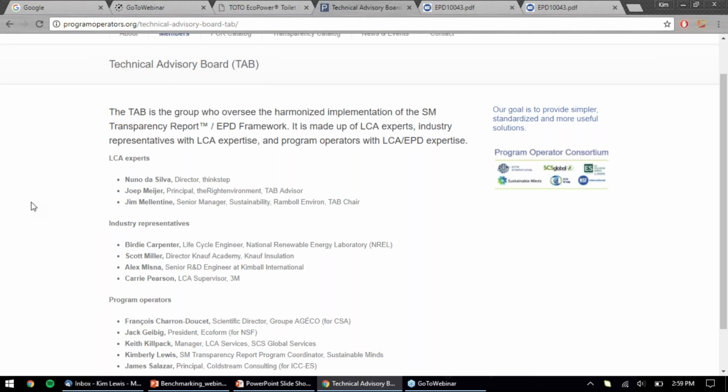But correct me if I'm wrong, in the PCR development or the Part B, there is the opportunity to create additional rules to provide for energy sources to help with standardization and comparability, right? So that everybody's using the same scenario. So that's an issue that comes up in the creation of the PCR. And when you use a standardized format, that's something that gets considered. But I think to Kim's point, the